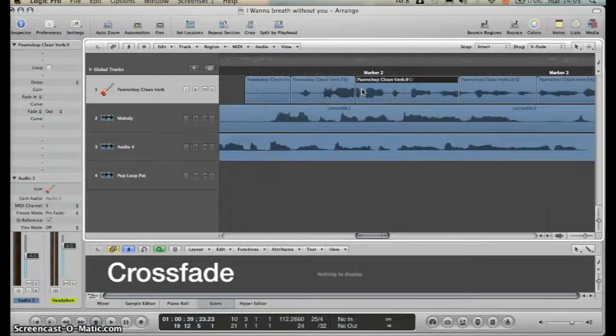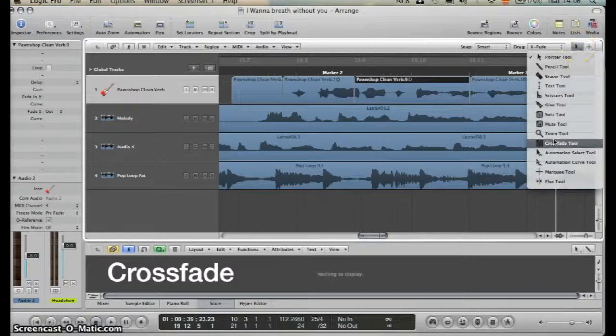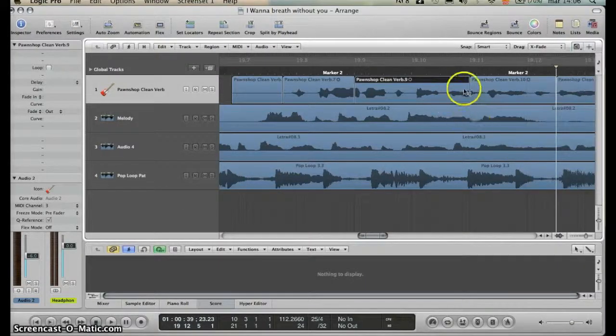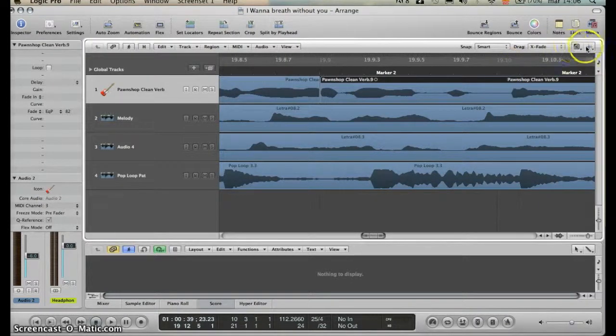Okay, now let's talk about crossfading. Also, there are a lot of ways to crossfade a region. The most common one is the crossfade tool. You select the crossfade tool and then select the exact crossfading you want to do. Another way to do it is here, just at the side of the tool selection, you find the drag option